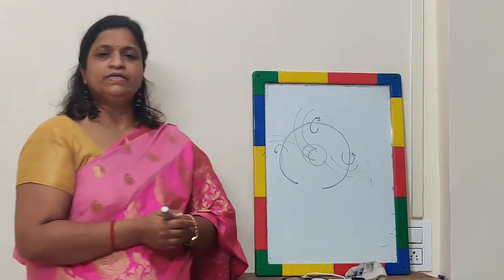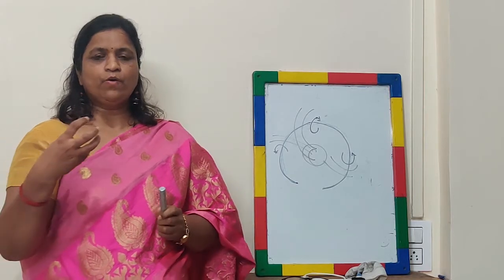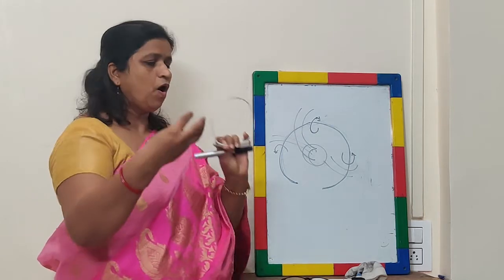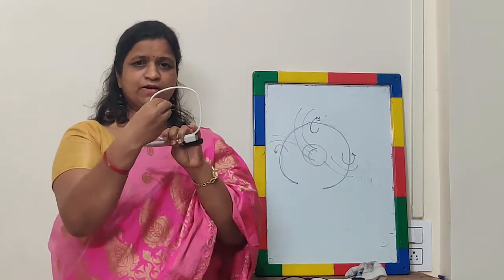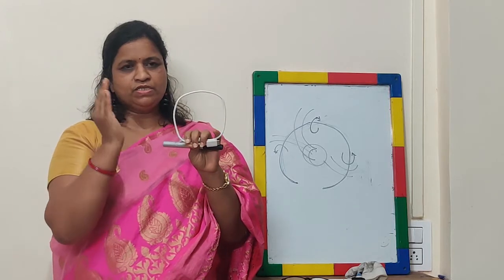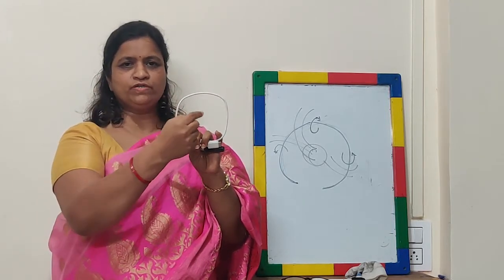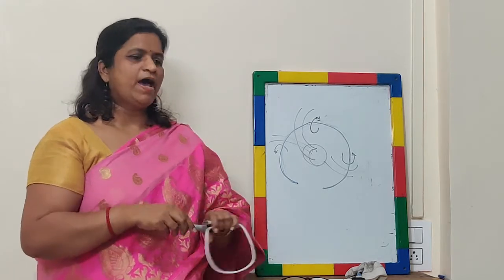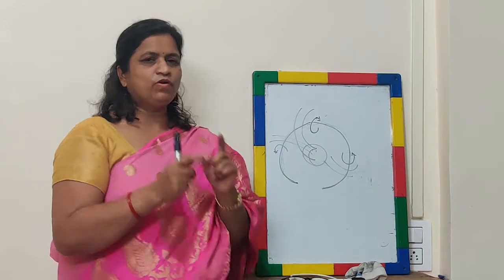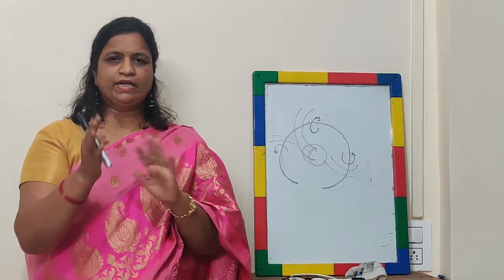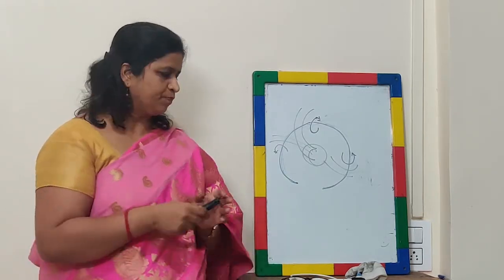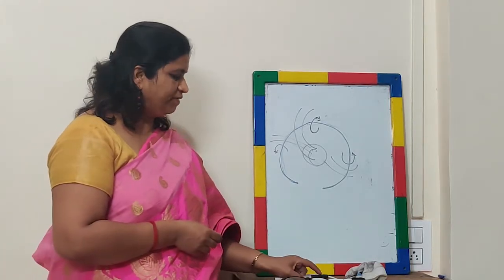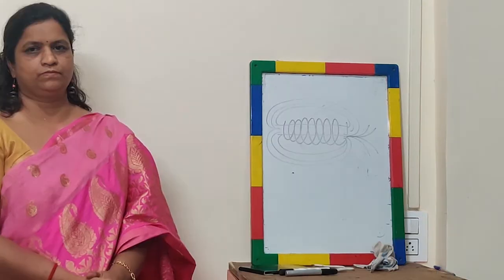Now from this it is clear that whenever such a loop is present, all the magnetic field lines are going inside and coming out from this side. So it is coming from north toward the south outside, and going inside the magnet from south towards the north. From that we can see that whatever rod or solenoid we have, we can have a south pole and north pole there. Afterwards we will discuss this once again with one activity. Now one more activity is there that we are going to discuss.